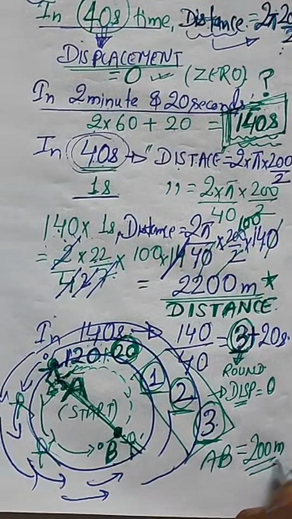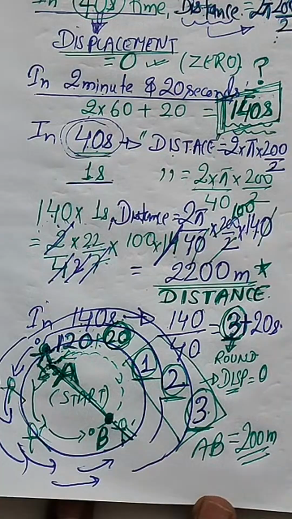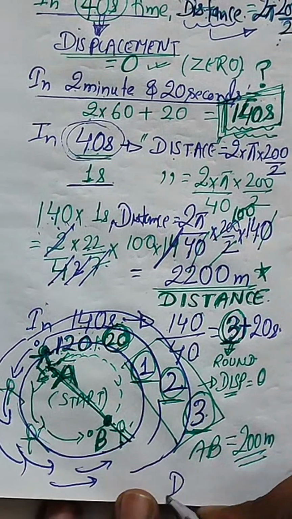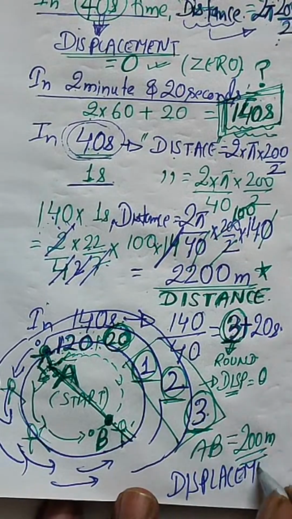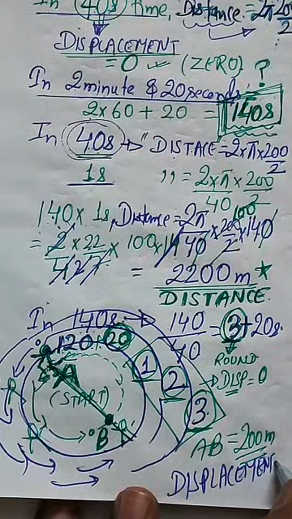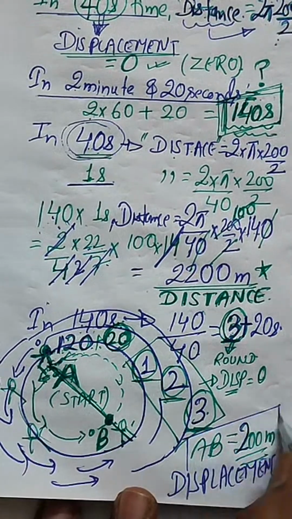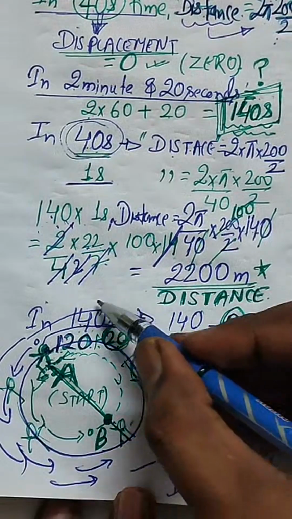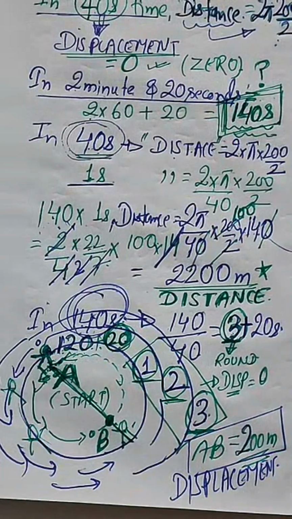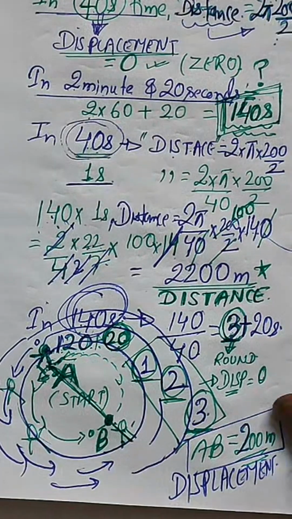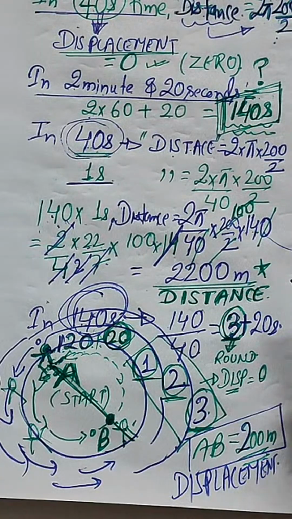So 200 meter is the displacement of the athlete. This is nothing but the displacement of the athlete after 140 seconds of time, after this much of time, right? So students, in this way we calculated and understood the concept of distance and displacement,